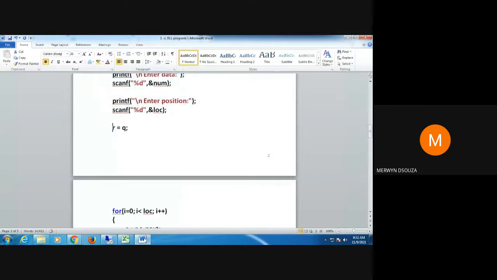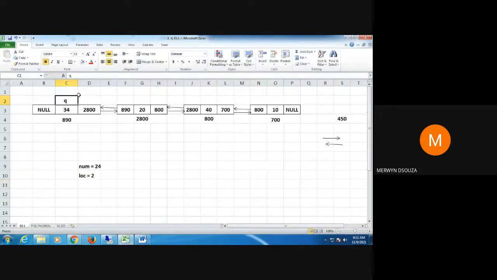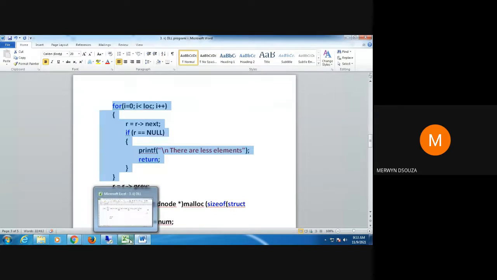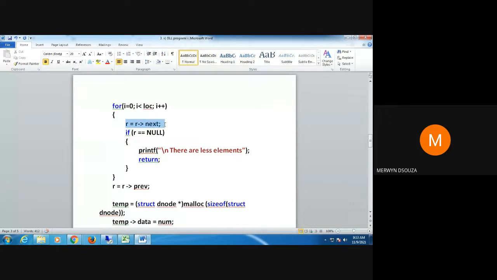So I say R equal to Q, and I get R here. Now I run this loop. This loop will check whether I'm running out of nodes, or if I'm not, it will help me position R at the location where I want to do the new node insertion.